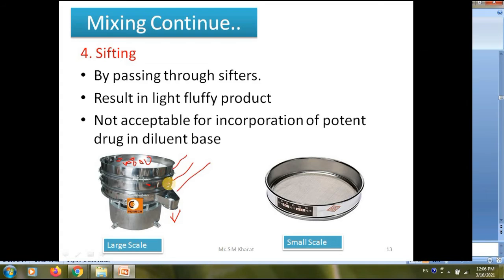Okay, intermediate particles will rest on the second, and the larger particles will rest on the top mesh, or top sieve. So we can distribute 3 different particle sizes in this, or multiple particle sizes depending upon your requirement. So such a kind of technique can be used. Okay, so all the techniques of sieving depend on the mesh size of the sieve.